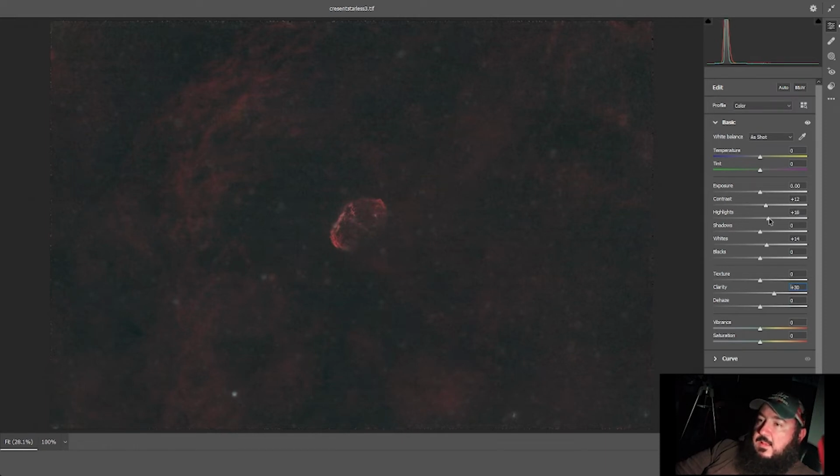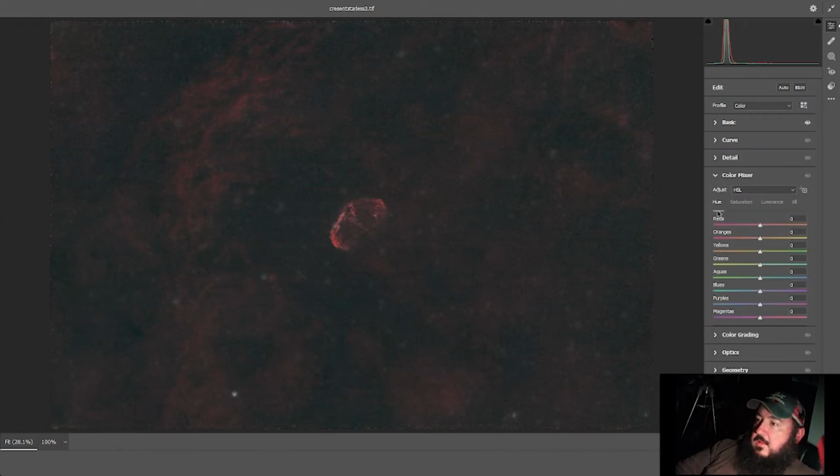Same thing with the highlights. Not too much. Make it like an even number. That's what I like to do. The vibrance, hit it with like 30. And then come to the color mixer. I like to kind of color correct just a little bit. Might be more to my taste than anything else, but click on the reds here and you can give it a little bit more of that,